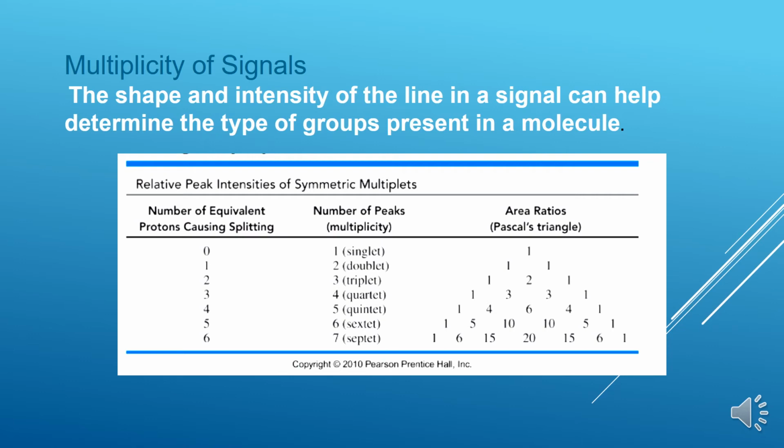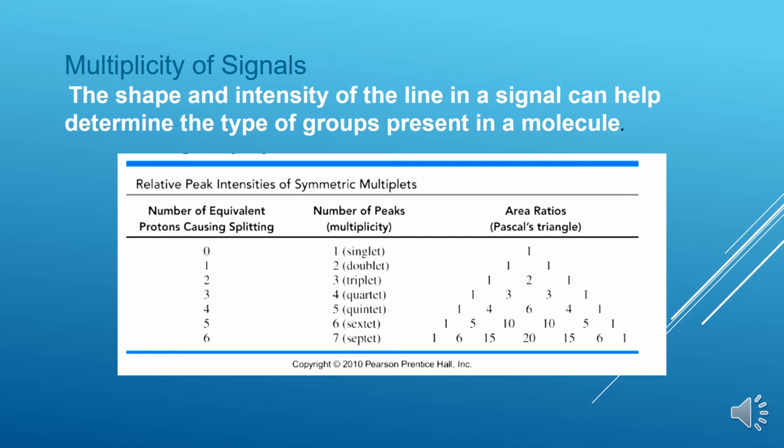So now let us move on to one more important concept of NMR spectroscopy, the multiplicity of the signals, which is calculated based on the n plus 1 rule. The protons bonded to the same carbon will split each other if they are non-equivalent. Equivalent protons do not split each other. If they are non-equivalent, they split each other. Protons on adjacent carbon atoms normally will split each other because they are in different environments, of course.